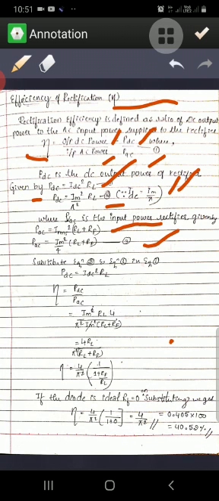Substitute equations 2 and 3 in equation 1, that is, in the formula of eta, PDC by PAC. We get this expression. Simplifying, we get 4 by pi square by 1 by RL plus RF. If it is an ideal diode, the forward resistance is 0, that is RF equals 0. Substituting RF equals 0 in the above equation, we get eta equals 4 by pi square, where 4 by pi square is nothing but